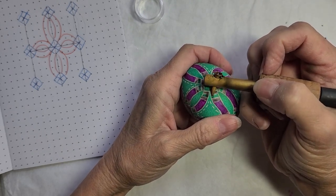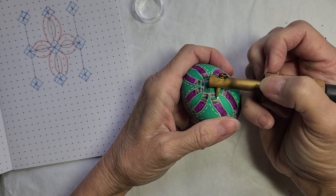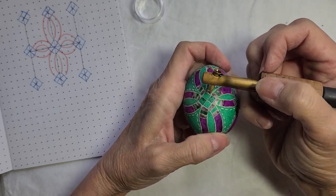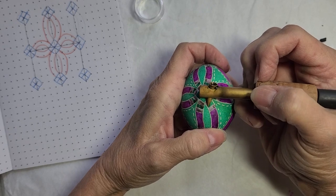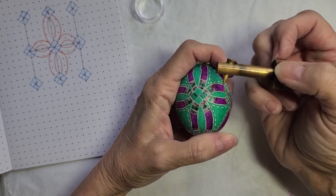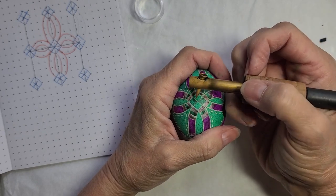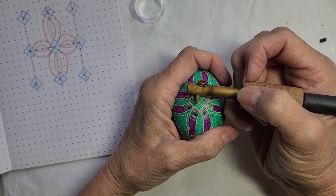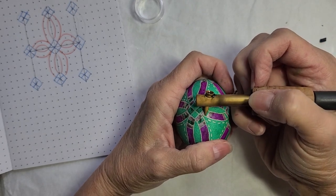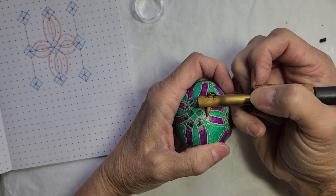This is a really pretty cross-like design, but then when I was looking at it with these 8 coming out of here, I had visions of a spider, like the spider legs, and then that's a spider body. I'm not a real big fan of spiders. I know they're good for a lot of things and catch a lot of bugs, and